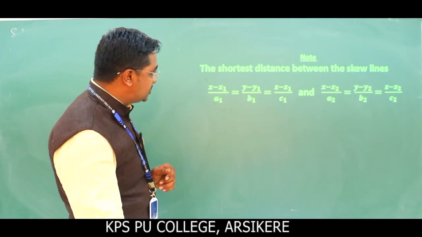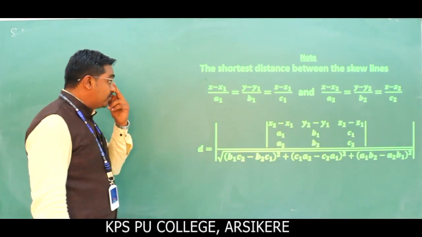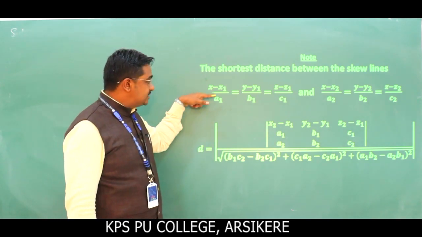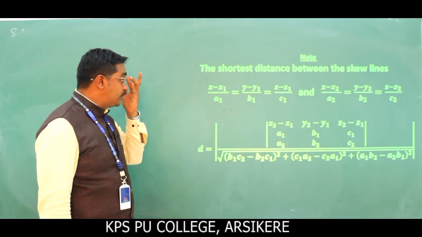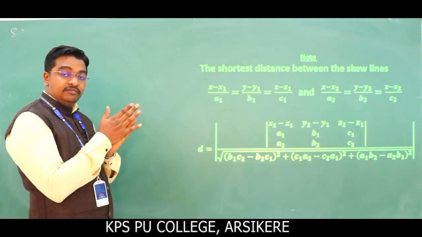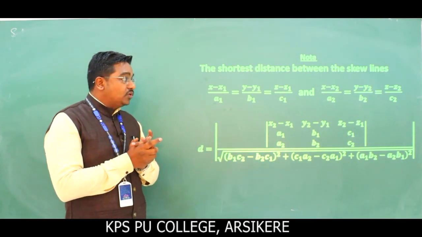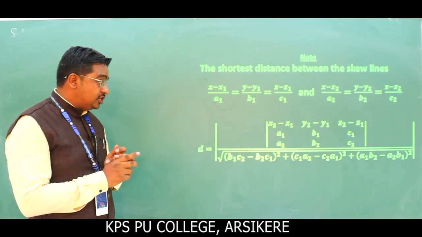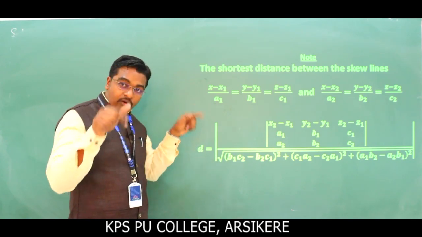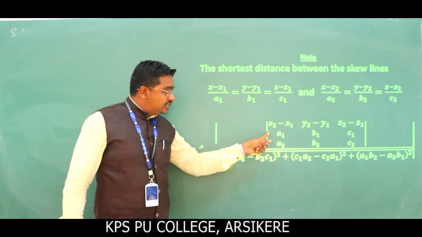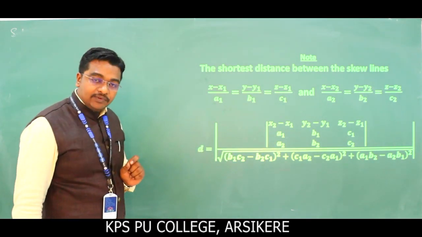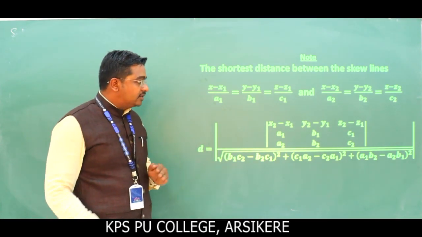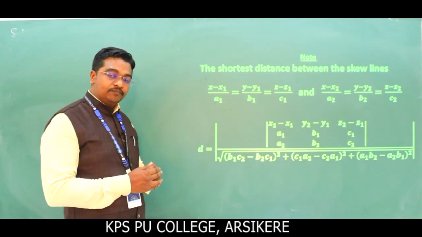And the second one, note 2. In the given Cartesian form, the shortest distance between the two skew lines (x minus x1) by a1 is equal to (y minus y1) by b1 is equal to (z minus z1) by c1, and (x minus x2) by a2 is equal to (y minus y2) by b2 is equal to (z minus z2) by c2. Distance d is equal to modulus of, first the determinant with first row x2 minus x1, y2 minus y1, z2 minus z1, second row a1 b1 c1, and third row a2 b2 c2,